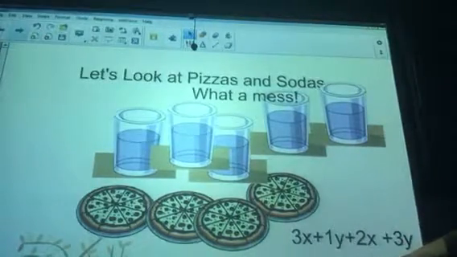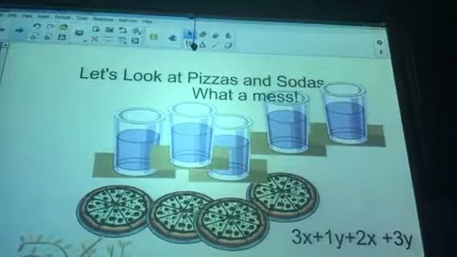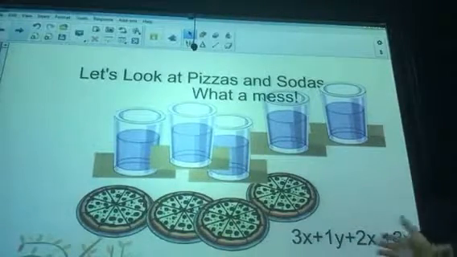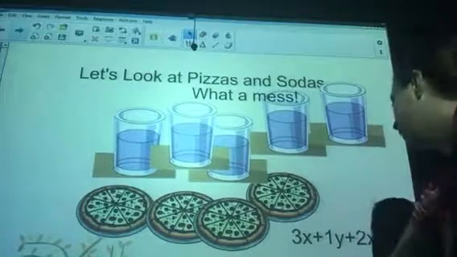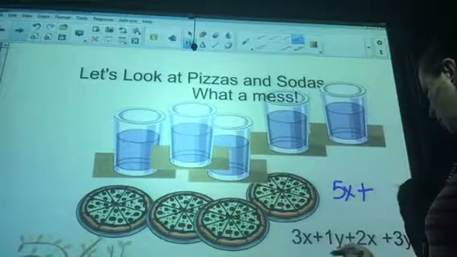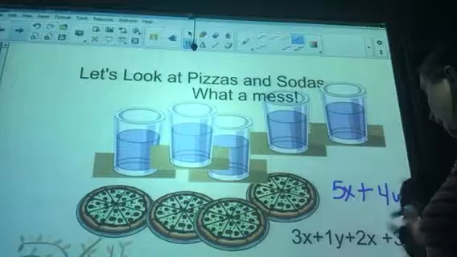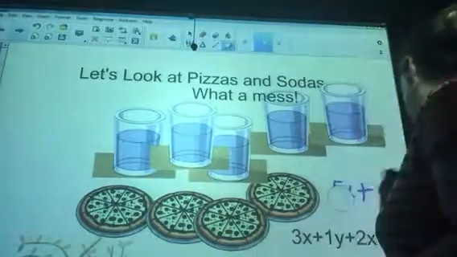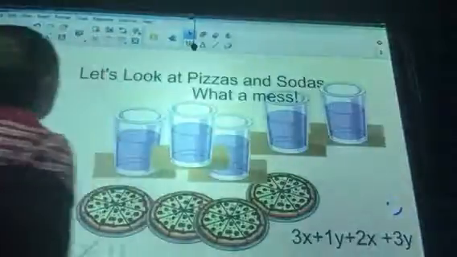See, this problem looks super complicated. You look at all these letters, you're like, holy cow, I can't figure this out. But if you learn to just combine what's together, there's nothing here that we can solve. Your answer would have been simply 5x plus 4y. That is your answer. You're not solving anything. You don't have to figure anything out. That's it. And it was super hard for me when I was in middle school to realize that not every problem had an exact solution. All right? So keep that in mind. And let's go on here and see what's next.